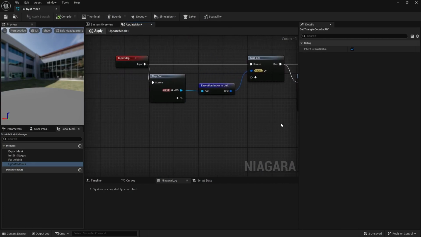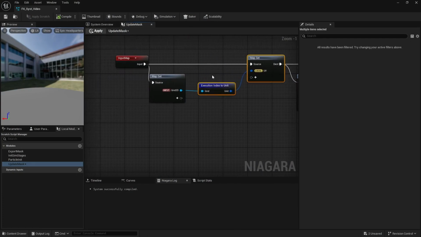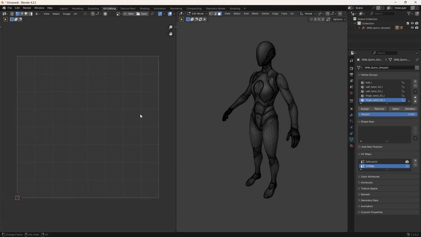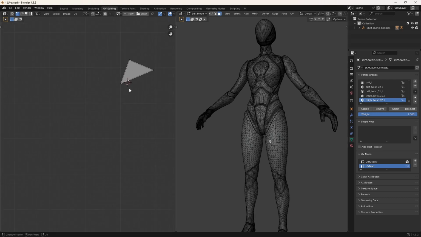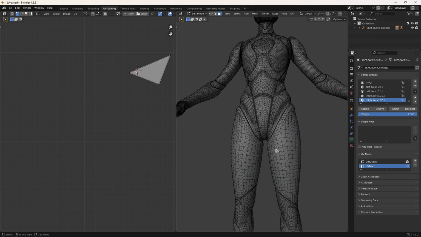We have a UV coordinate in a 0 to 1 range, right? How do you actually find the triangle corresponding to that UV? It's what you may call a reverse lookup. And do we use a brute force approach, like loop over every triangle and see if that UV is inside the triangle's vertices UVs? That doesn't sound great, performance-wise, so it's always a good idea to double-check how things work